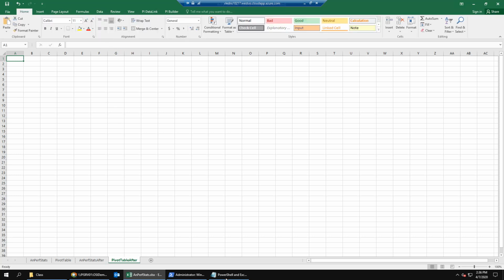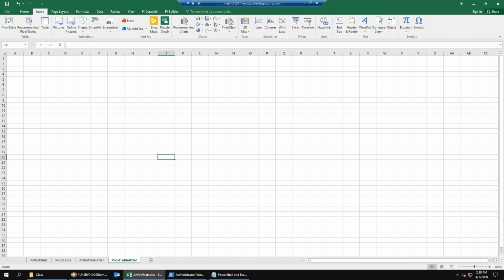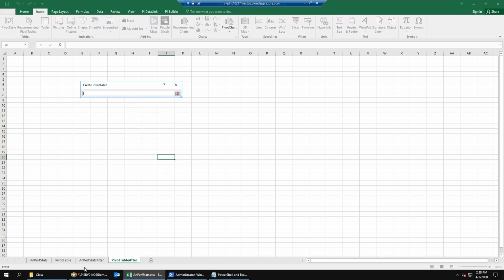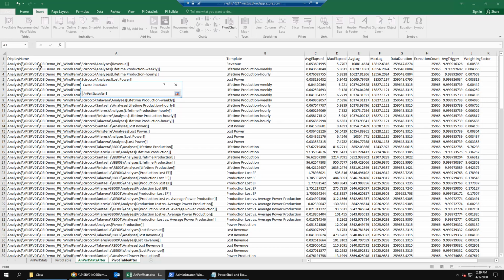Next, we'll create a new sheet or a new tab inside our workbook. And we'll call this pivot table after. Next, on our new sheet, from the Insert ribbon, we'll select Pivot Table.